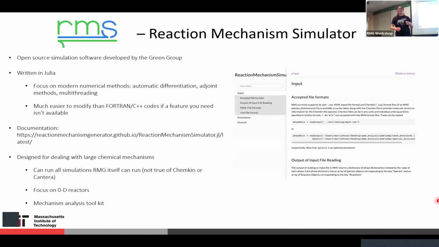This is Matt Johnson's slide. So he immediately segues into Reaction Mechanism Simulator, which is one simulator that you can use to take your mechanism and then figure out what happens when you react those species together in a reactor. So this is a Julia-based code, and it's got a bunch of different kinds of reactors in it. It's open source. It's also in the RMG organization page on GitHub, but for